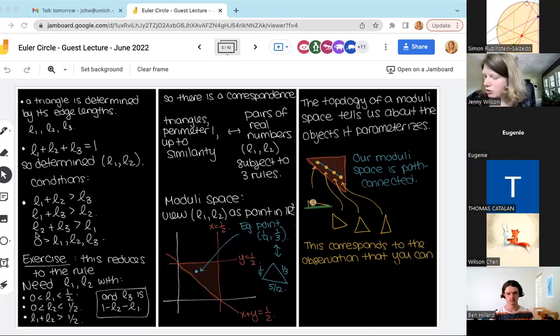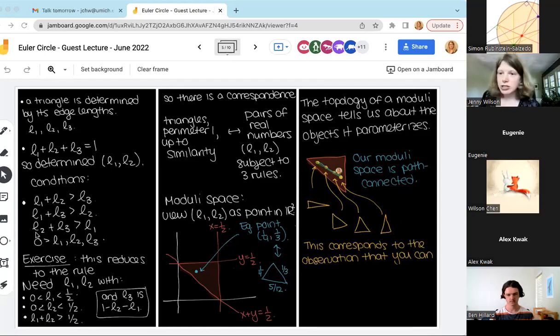And then as I move along this path, the x coordinate gets bigger and bigger. So the first side length gets bigger and bigger, and the y side length gets smaller and smaller. So I'm moving from a triangle that looks kind of like this to a triangle that looks kind of like that. But anyways, what I want to take away is that the existence of this path between these two triangles